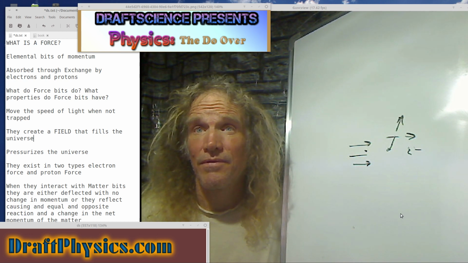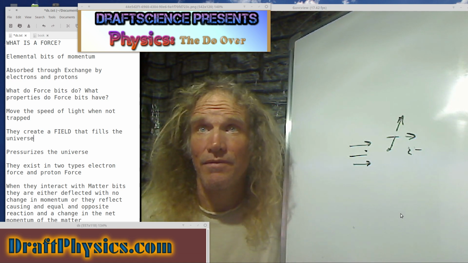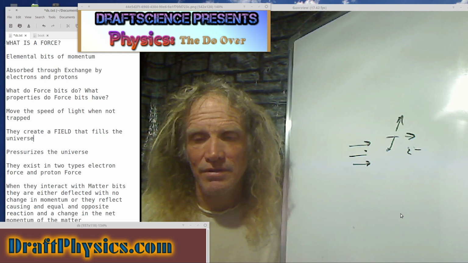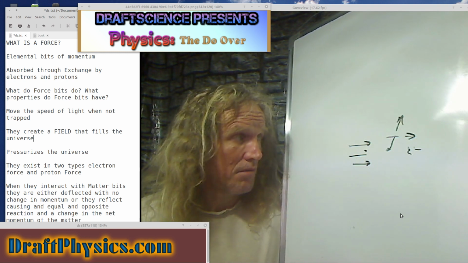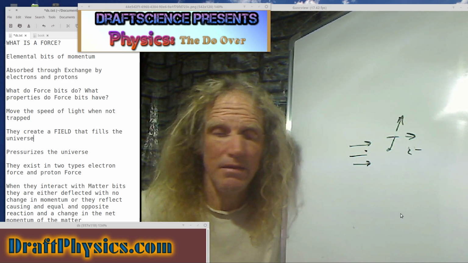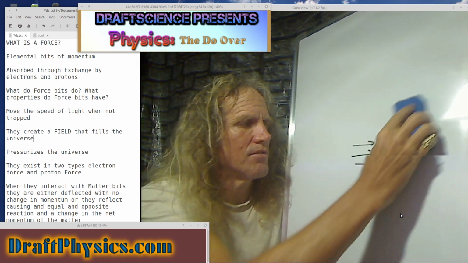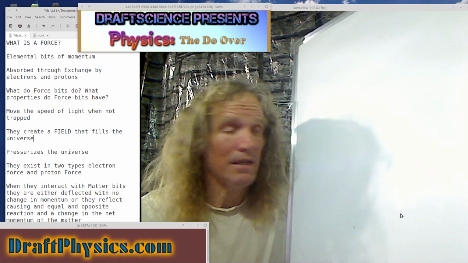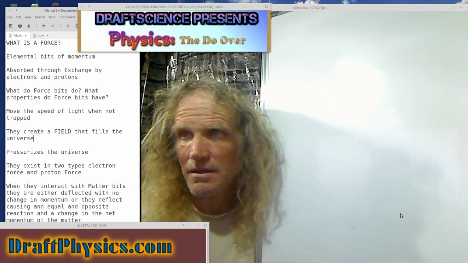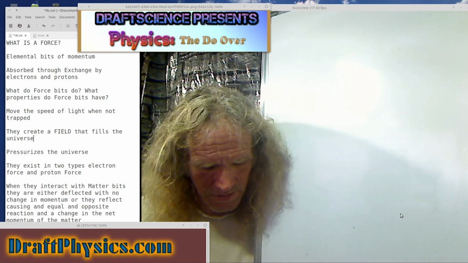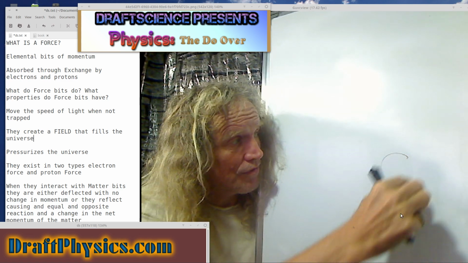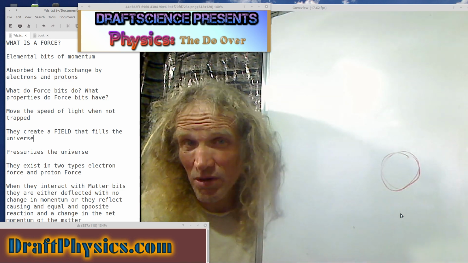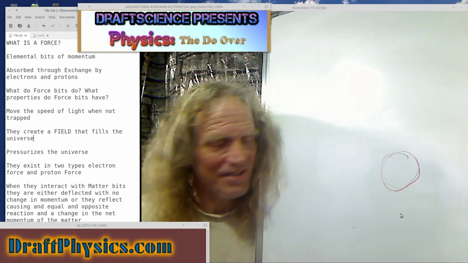So we're still on the force bits, and this is a definition of what a force bit is. They exist in two types, electron force and proton force. This is where, I say it's trivially complicated, but it just takes such a step of imagination. But yes, there's this reality in the universe, this whole plus and minus thing. It's a real phenomenon. The fact that protons and electrons are different is one of the facts that makes the whole thing work. That they react differently to the field.